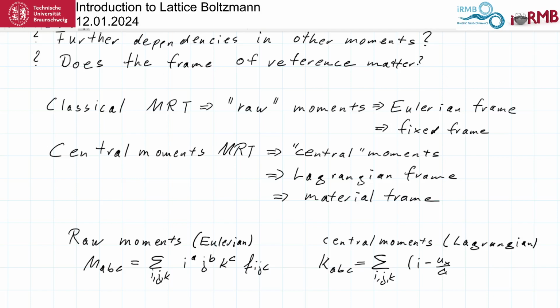This is why I'm putting some serifs here in order to distinguish it from the other c. So this to the power of a, times j minus u_y divided by c with serifs to the power of b,